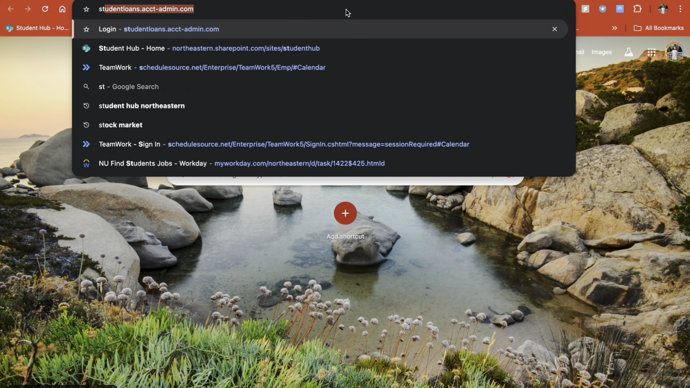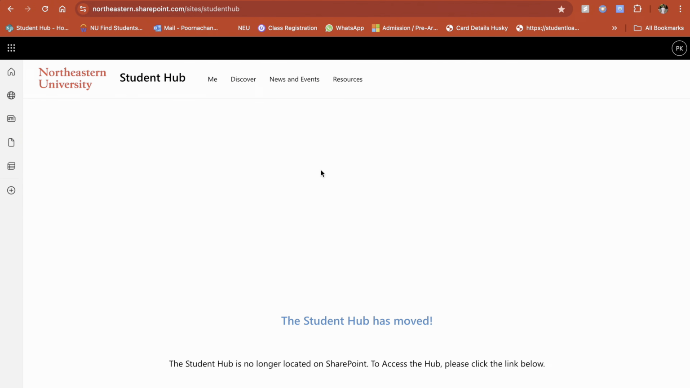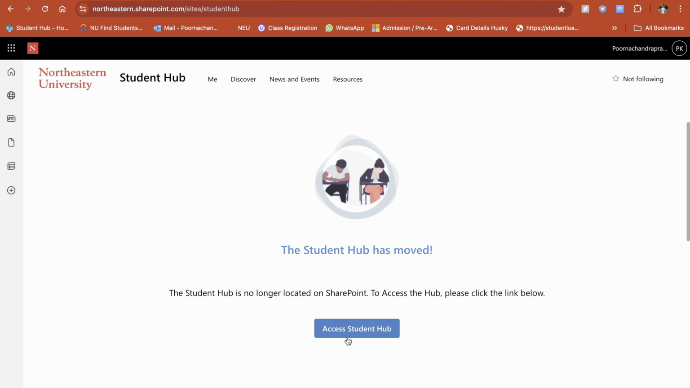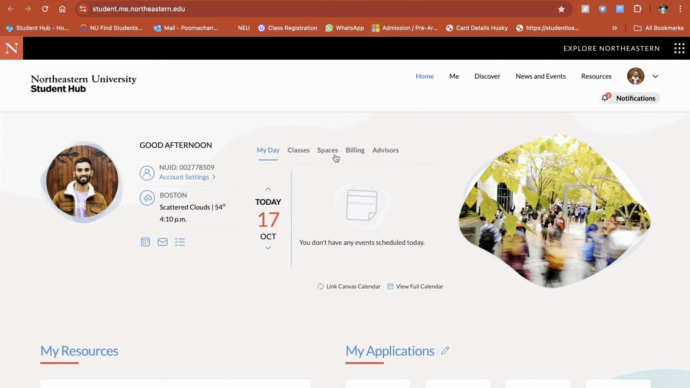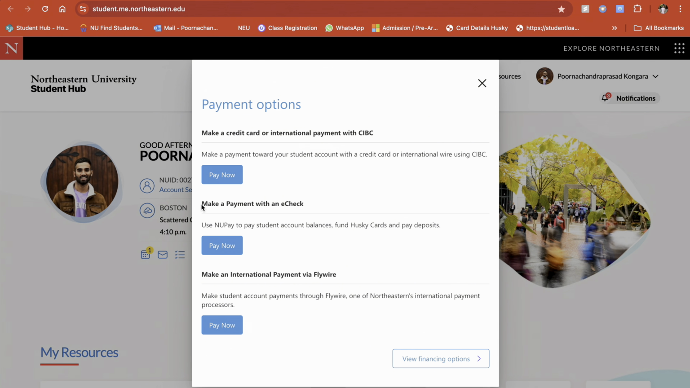You need to go to Student Hub. Oh, the site must have changed. Access Student Hub. So in the billing section, there will be payment options. Make a payment with e-check. Select this